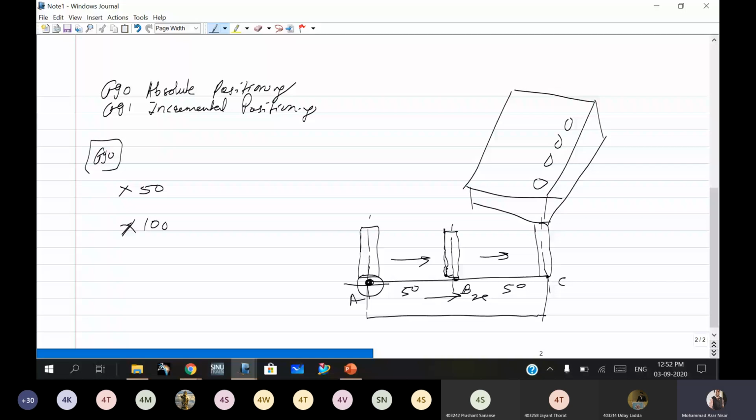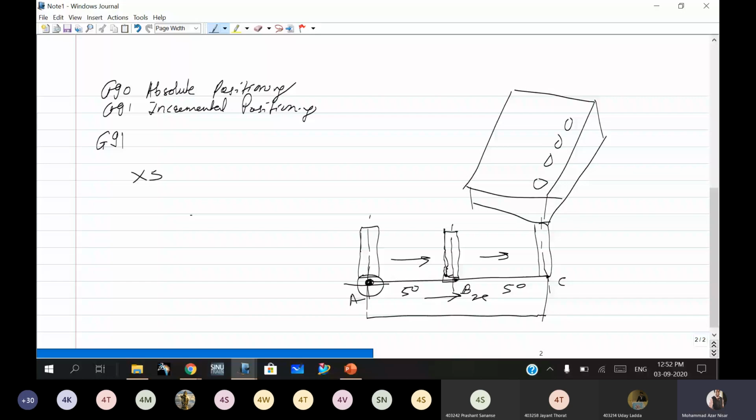Now, if instead of this absolute positioning, I use the G91 code, that is incremental positioning, G91. Okay, and the same movement I have to do with this tool. Then first it will be X equal to 50.